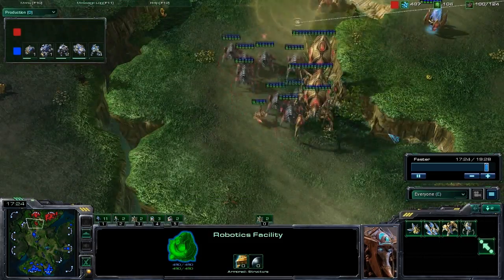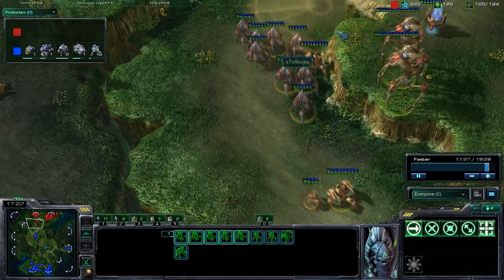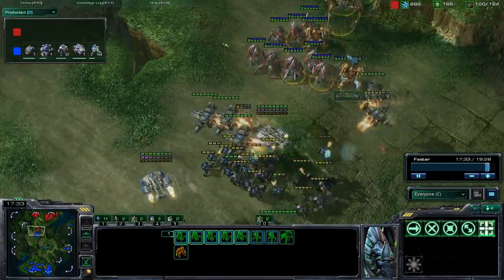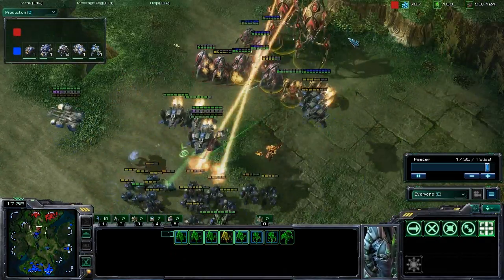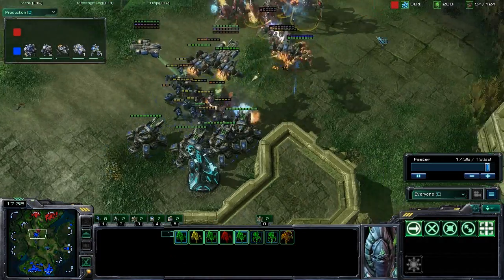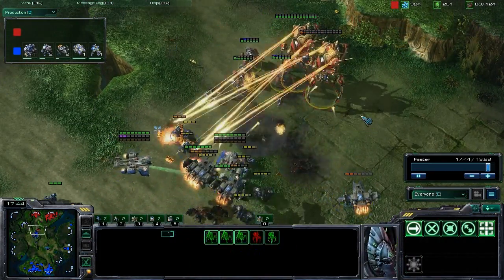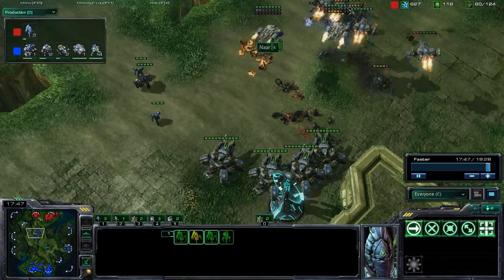And Socke's gonna push out with a very, very huge force of Stalkers, Immortals, as well as a couple of extended thermal lance range Colossus. So this will be a very, very exciting battle. See who comes out ahead. Naama backs up to his tanks. These tank splash damage are just going to rip through this Protoss army right here,